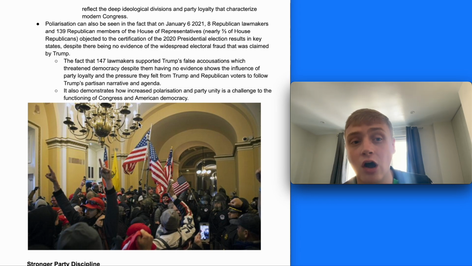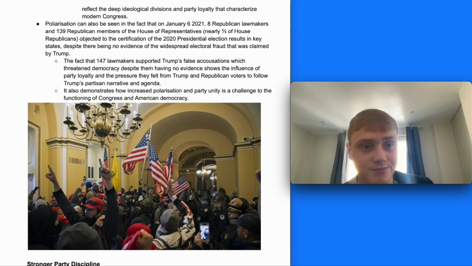So the fact that these 147 Republican lawmakers supported Trump's false accusations, which they knew were false, which objectively and clearly threatened democracy, shows how powerful party loyalty and the pressure they felt from Trump and Republican voters to follow Trump's partisan narrative and agenda was, and just the increasing importance of polarization